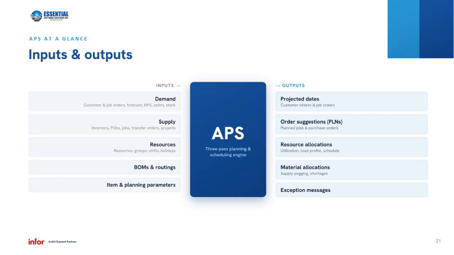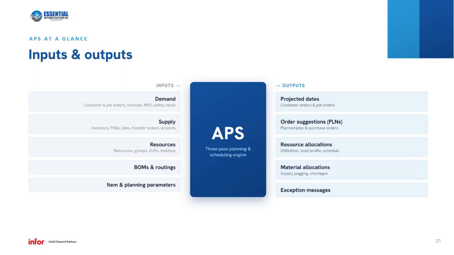To tie it all together, here are the inputs and outputs for APS for that 3-pass planning and scheduling engine. On the input side, we've got the demand, which could be customer orders, job orders, forecasts, master production schedules, safety stocks, projects, etc. We've got our supplies as an input, so that's on-hand inventory, incoming purchase orders, incoming job orders, transfer orders, project receipts,